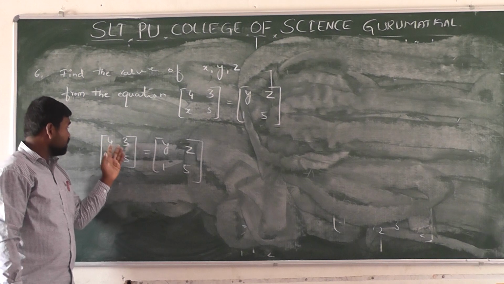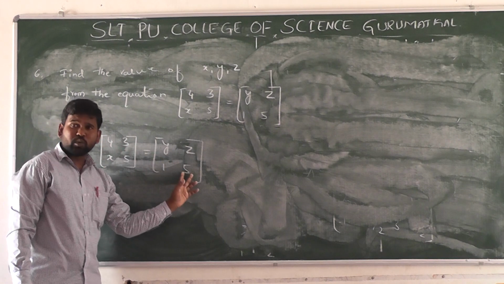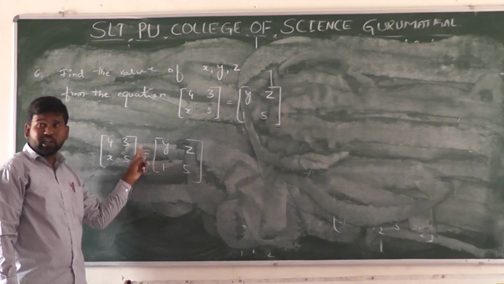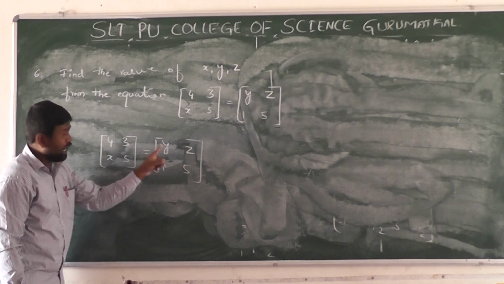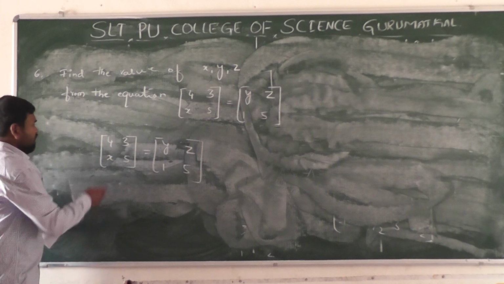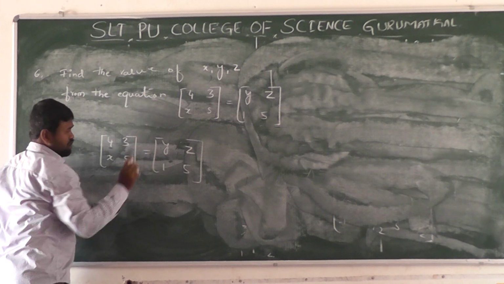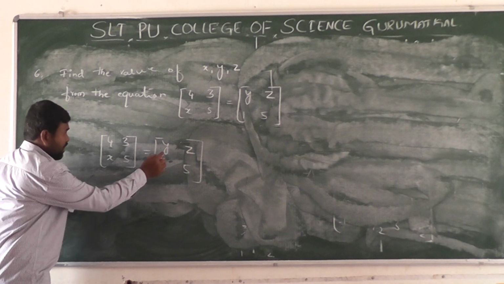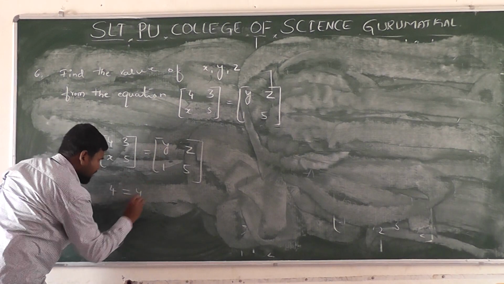Right? Then first, what is the order of these two matrices here? This is a matrix of 2 cross 2 order, and this is also 2 cross 2 order. In between, what is the sign here? Equal sign. These two matrices are said to be equal, whose corresponding elements are also equal. Here, the first matrix's corresponding element is equal to the second matrix's. What is the corresponding element of y here? 4. Then y is equal to 4.